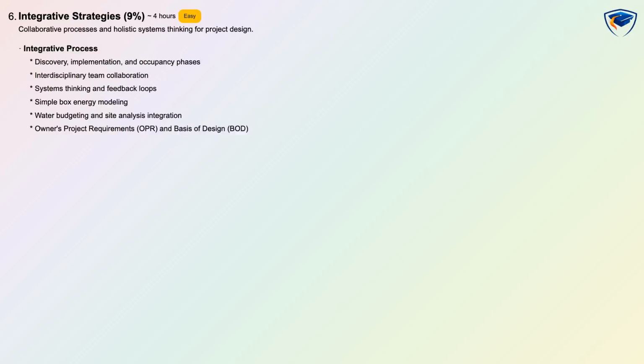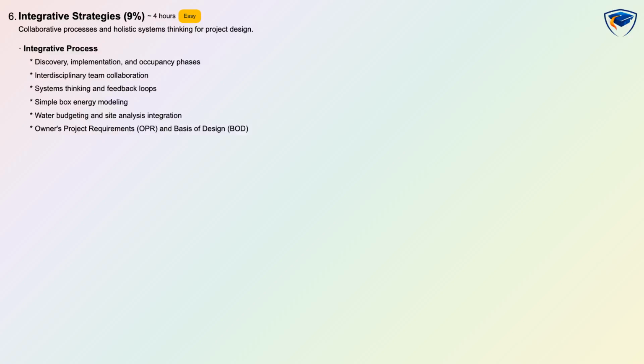Integrative strategies is weighted at 9%, easy in difficulty, with an estimated 4 hours of study and conceptual and scenario-based assessment. Candidates learn collaborative and holistic design processes across discovery, implementation, and occupancy phases, and how interdisciplinary team collaboration supports systems thinking and feedback loops. Expect simple box energy modeling, water budgeting and site analysis integration, and documentation of owner's project requirements and basis of